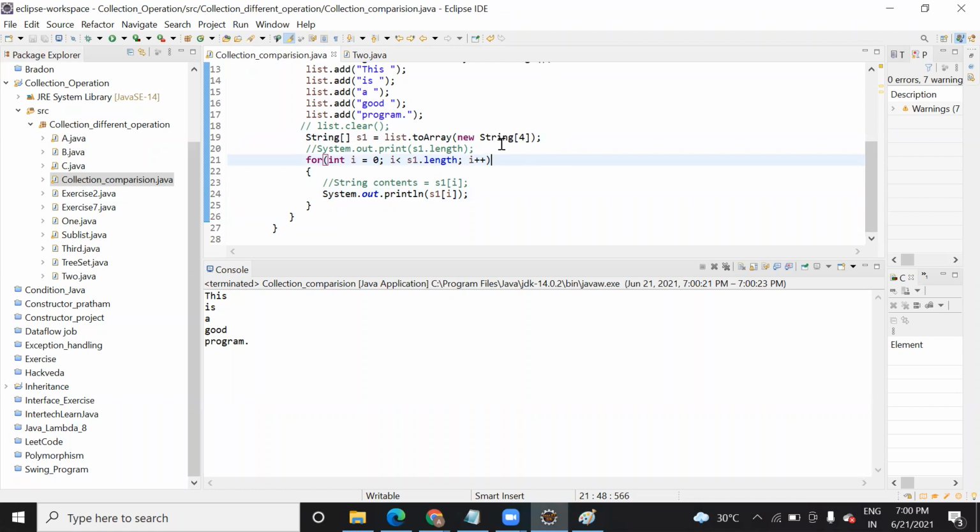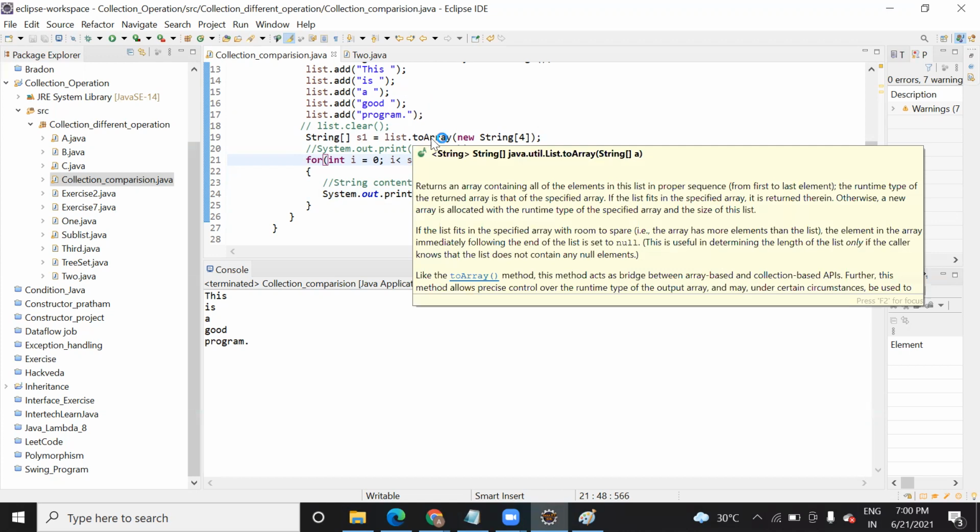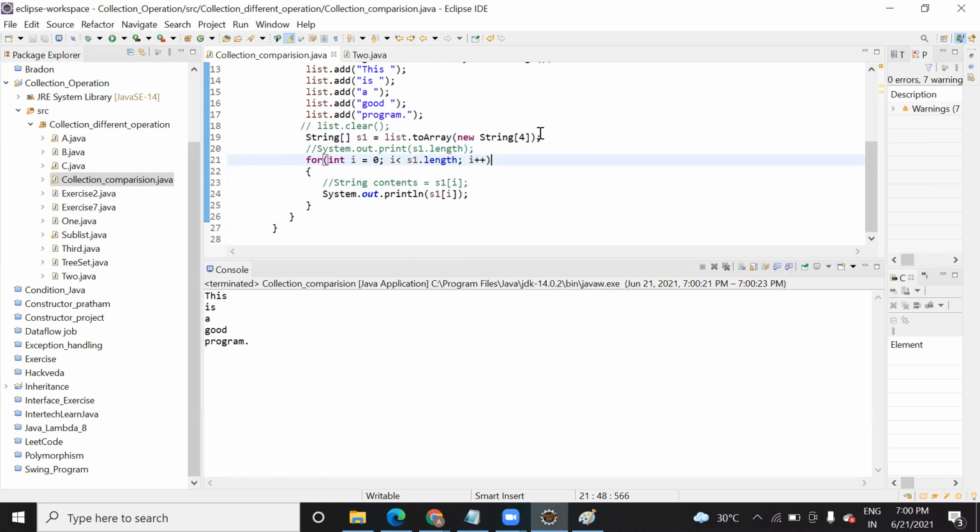It doesn't matter if you pass 0, 1, 2, 3, it will provide space to all. But we usually give a 0 so that the memory is initialized from the starting element. But here if you specify the other index also, the last index also, that will also be fine.